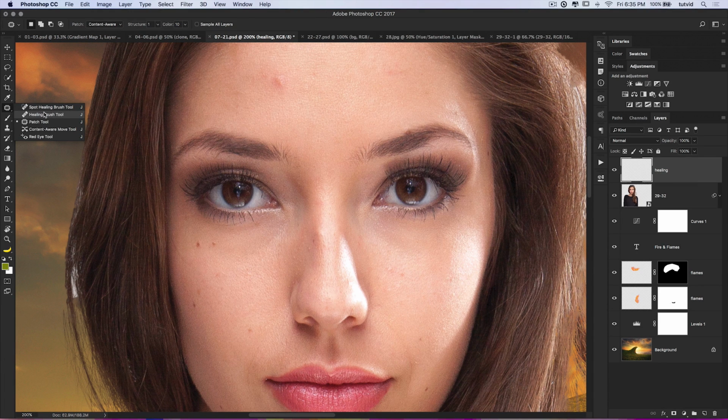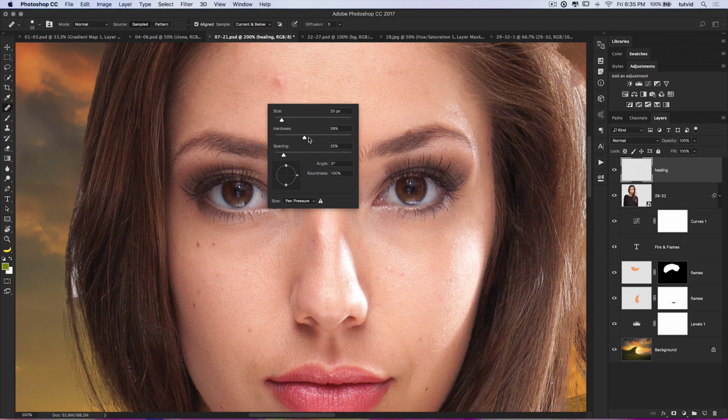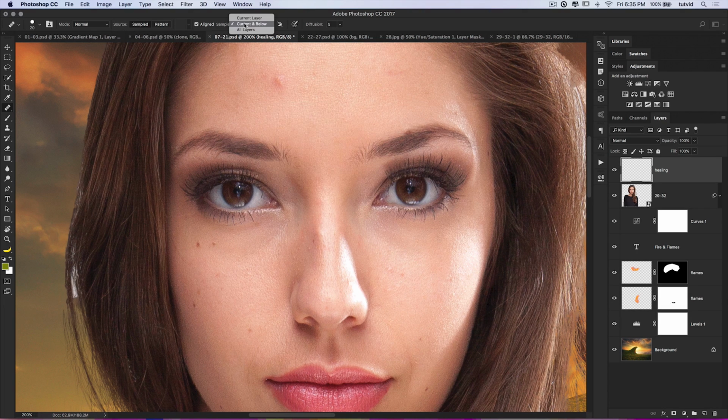Not the Spot Healing Brush. We're interested in the Healing Brush tool. Now, the Healing Brush tool works a lot like the Clone Stamp tool, but we get to blend the edges of whatever it is we are cloning and healing here. I'm going to right-click, and I'm going to set the hardness all the way up. Typically, when I'm retouching skin, I like to have hardness set to 100. All right, we're going to set this to Sample Current and Below, again, because we're working on a blank